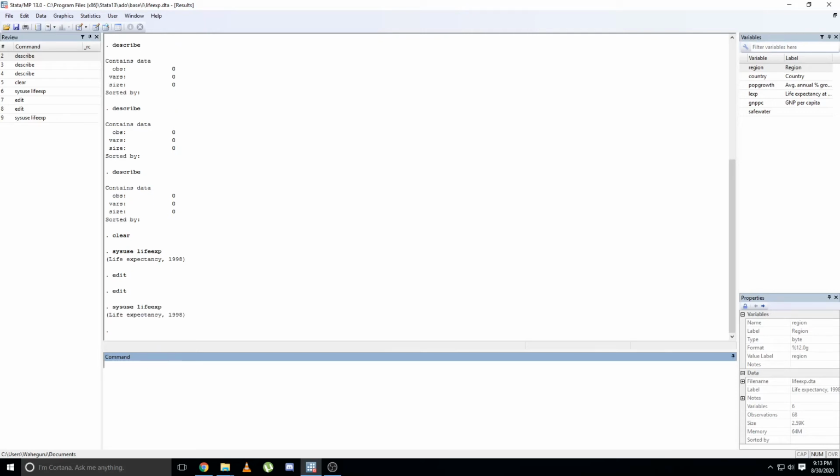This will immediately open the dataset called life expectancy into your own Stata. You can see that our command sysuse life expectancy immediately got listed in the review window, while the variables of the life expectancy data populated in the variables window.